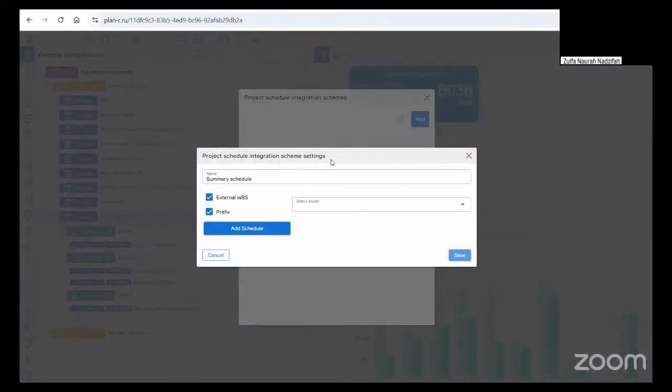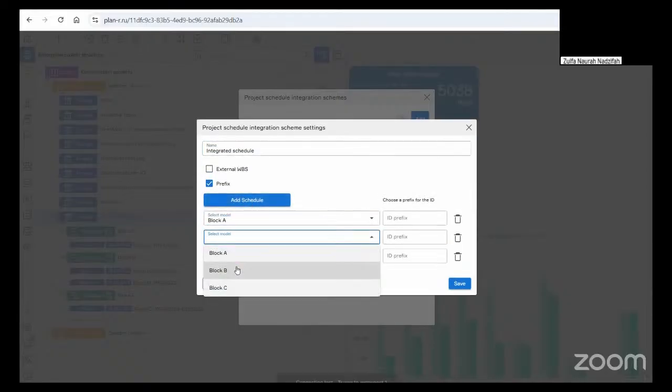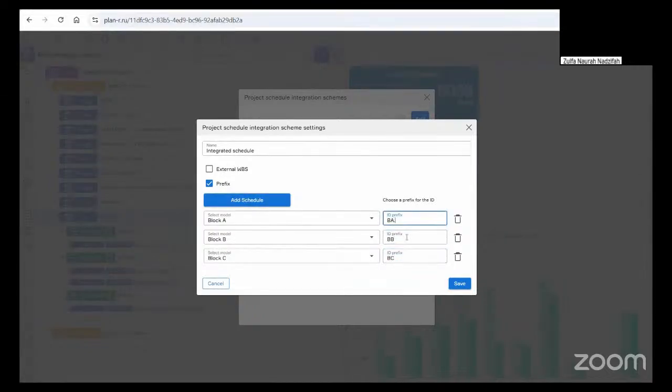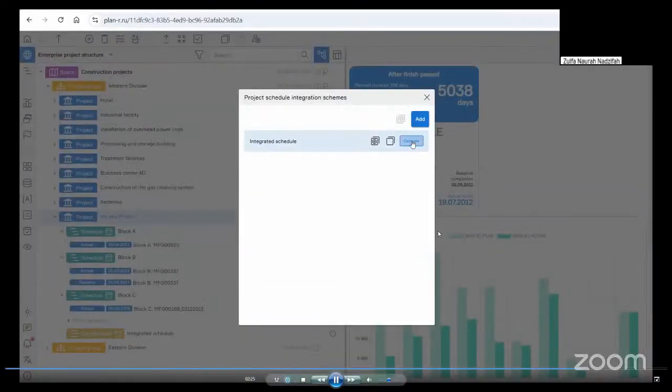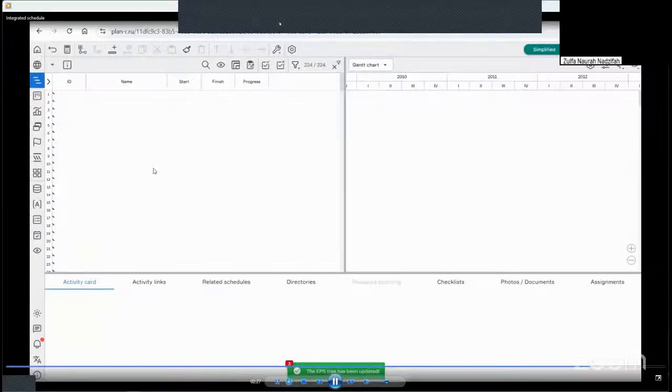Now, let's create a consolidated schedule. Here as well, you configure the template just once. After each update of the source schedules, you automatically receive a new version of the consolidated schedule, with no extra steps required. Moreover, you can structure your consolidated schedule in any way you need, as long as the activities are